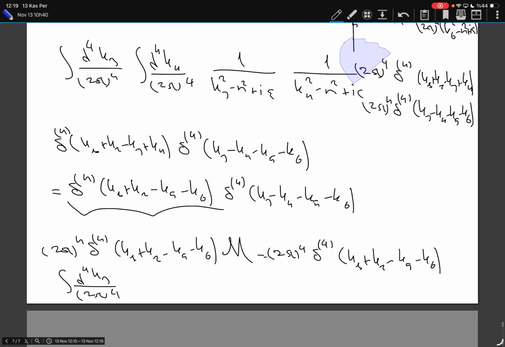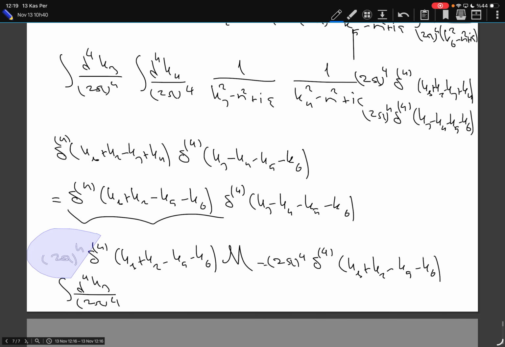Remember, one of these 2 pi to the 4s is already outside here. The other one will eliminate the 2 pi to the 4 in the k4 integral. And what will remain is 1 over